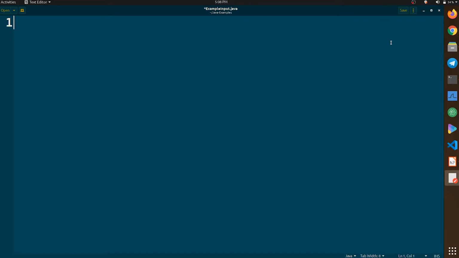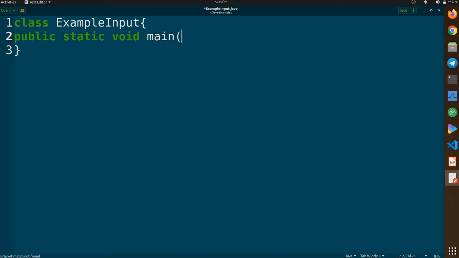Okay, so here I am at my text editor. So let's create our class first. So class ExampleInput, and let's define our main method. So public static void main String args, and we will be using this String args, which is an array. So we will use this to grab user input.